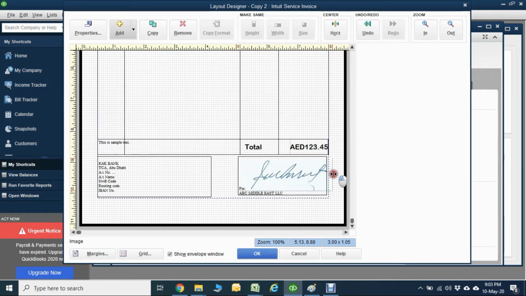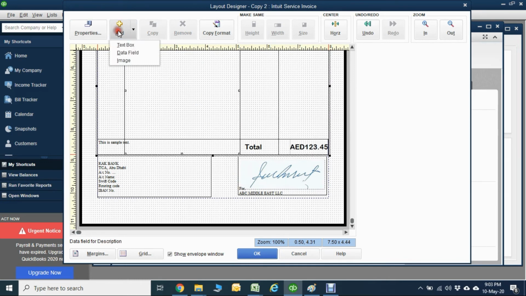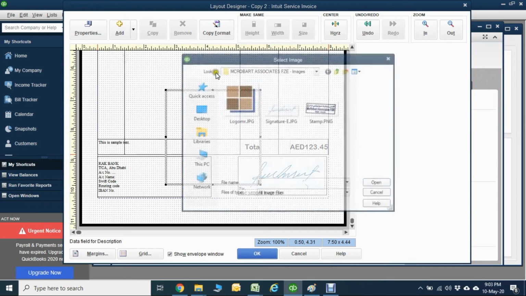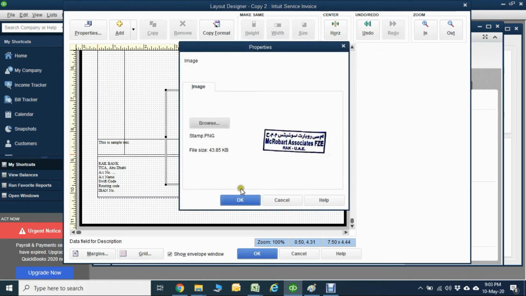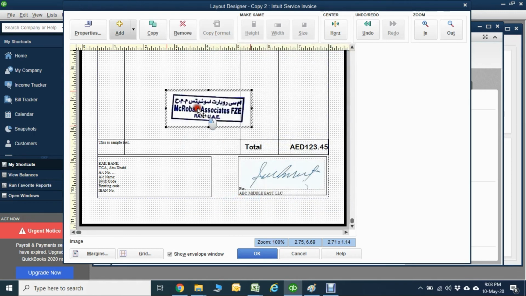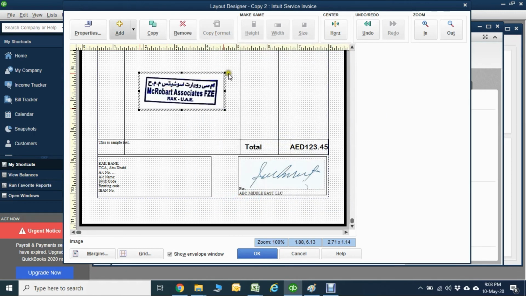Don't worry about this white color. So ultimately the invoice will print on the white paper. And then you add your stamp here. Image. This is your stamp. Okay. Put anywhere in the system.